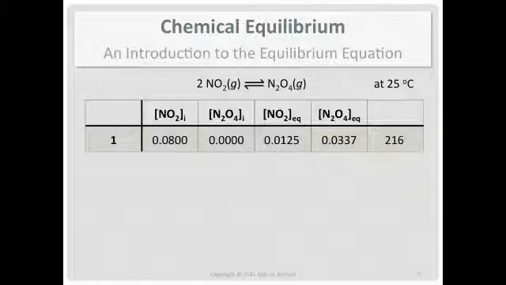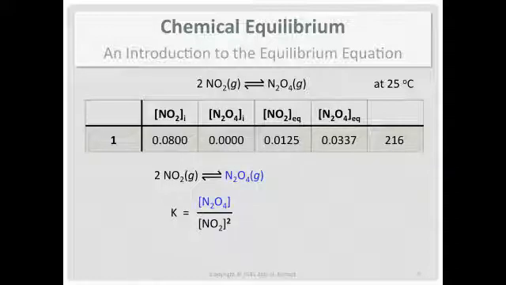So let's just look at one set of data. I'm going to bring down the chemical equation because it's a little easier to see when it's close to what I'm doing. Well, we're going to write out an expression and then set it equal to K. K is our equilibrium constant. And let's look and see how we created this.